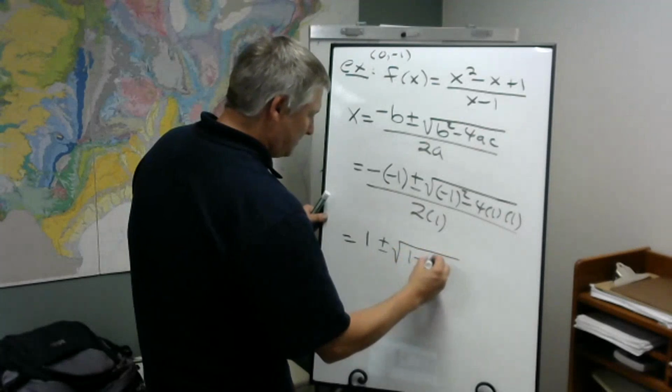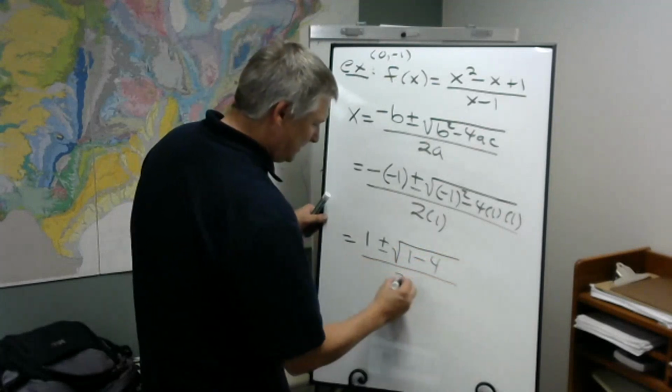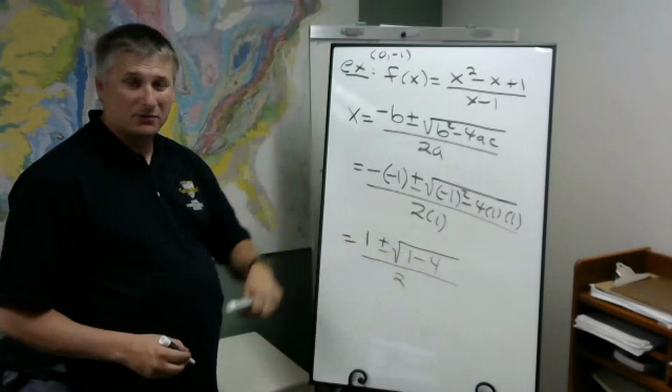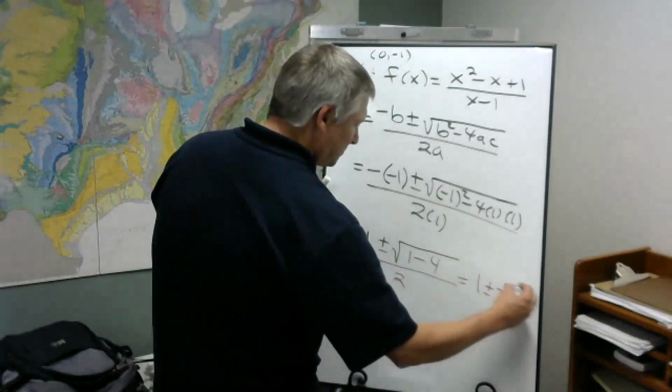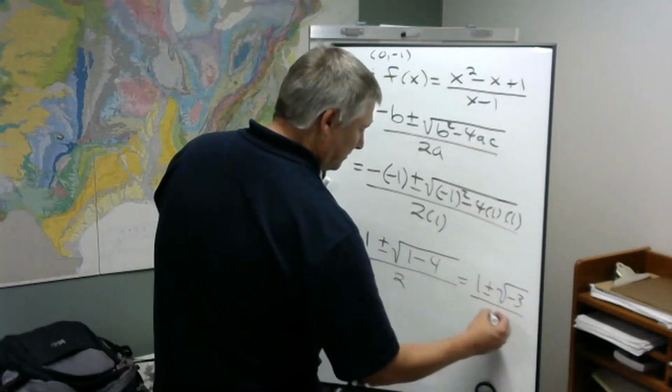And you're going to see that we get ourselves into a little bit of trouble here. We're going to get 1 minus 4, which will be 1 plus or minus the square root of negative 3